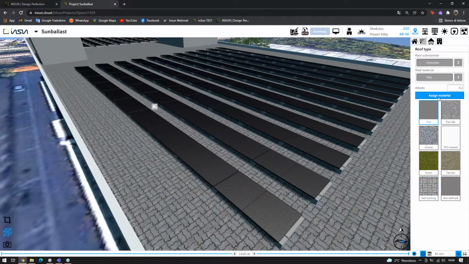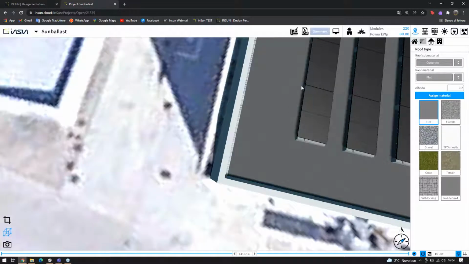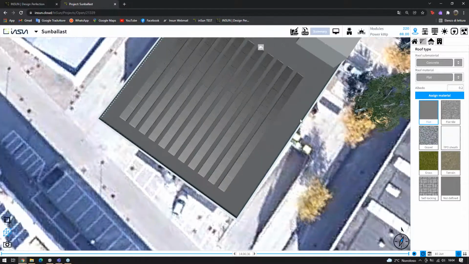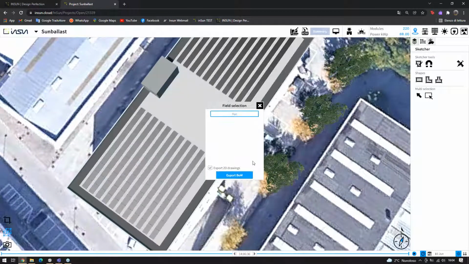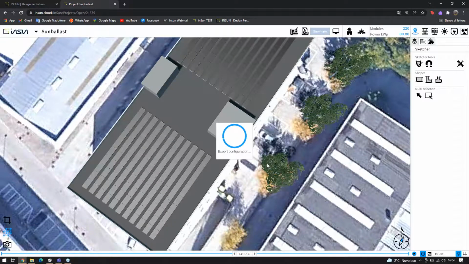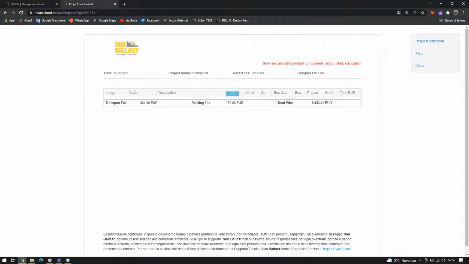All right. So after this, I want to show you something really important that we have done with Sunballast. We can already export the bill of material. When you do this with Sunballast, which again is one of our main partners, you will find something really important. So first of all, you will find the bill of material of all those components that you have used